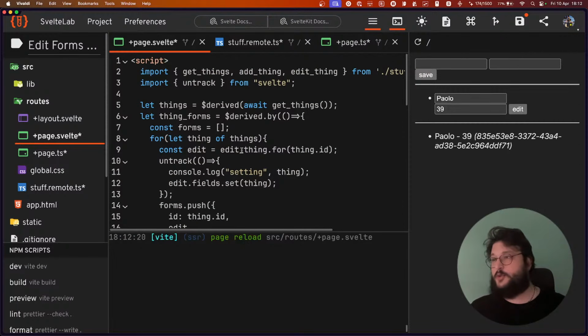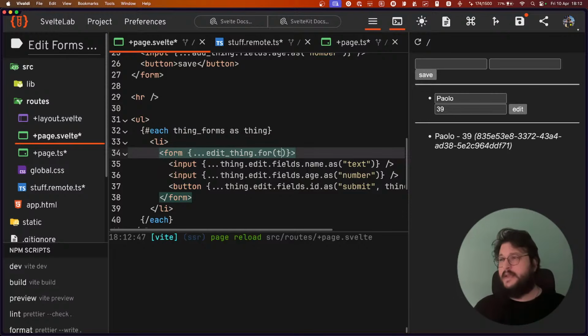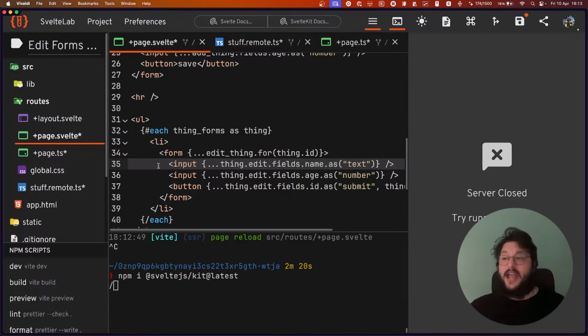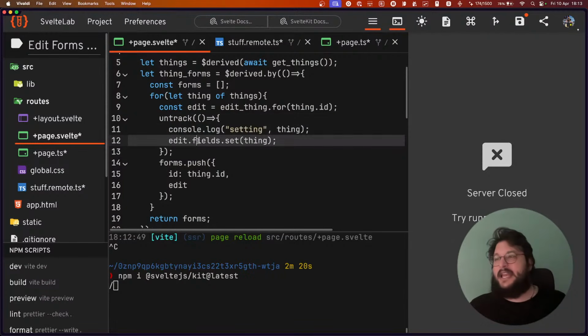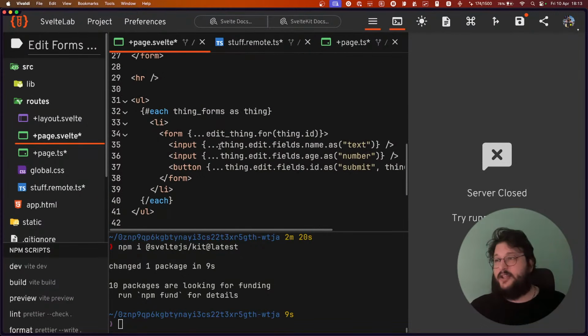So now what I can do is, instead of doing this, I can do this. I can do editing.for_thing.id. I need to install the latest version of SvelteKit, npm i @sveltejs/kit@latest. So now, instead of doing all this dance with untrack, which was a bit of a hack anyway, and edit.fields.set, you can just remove this, and then you do like